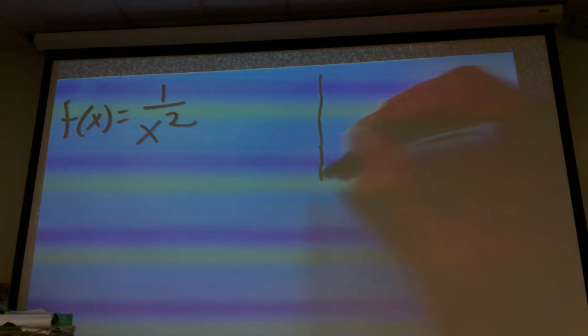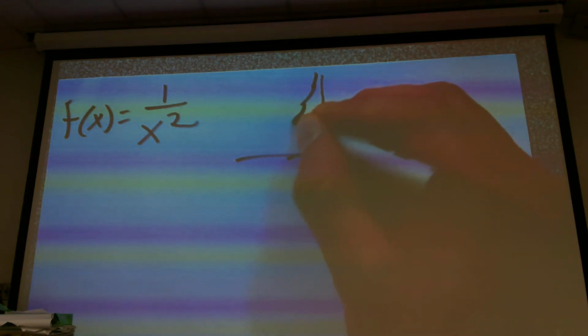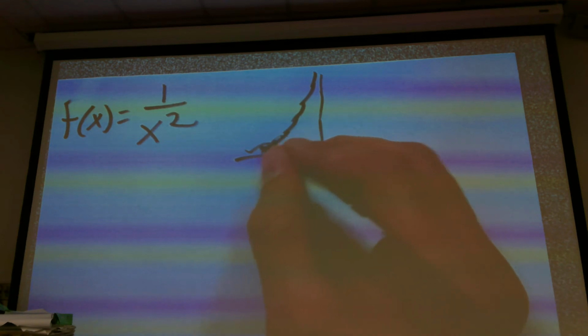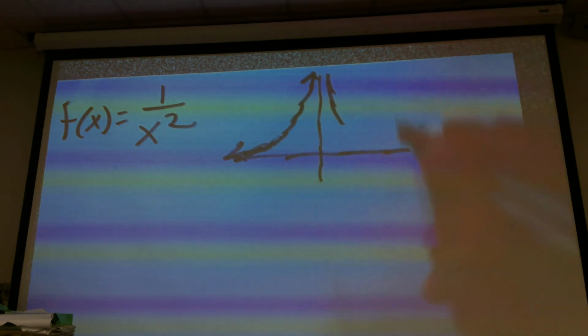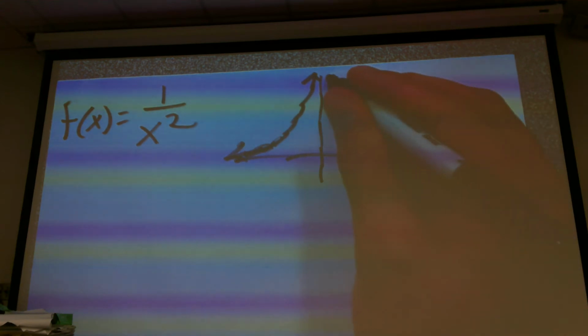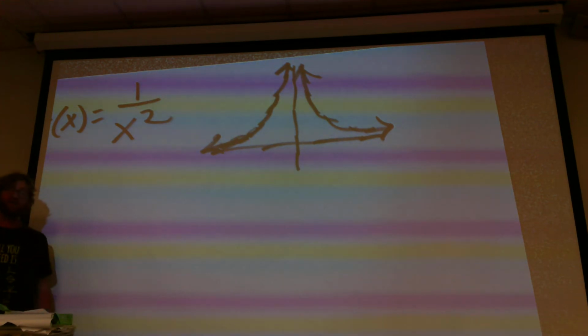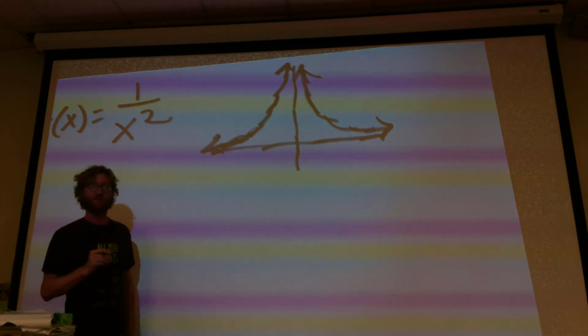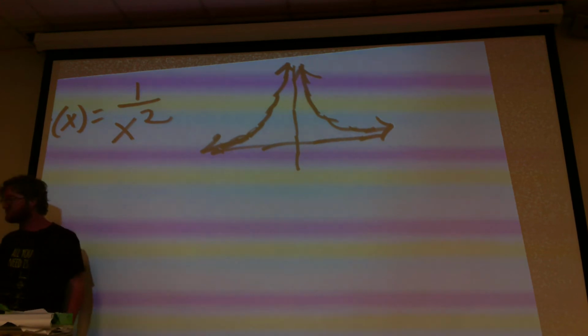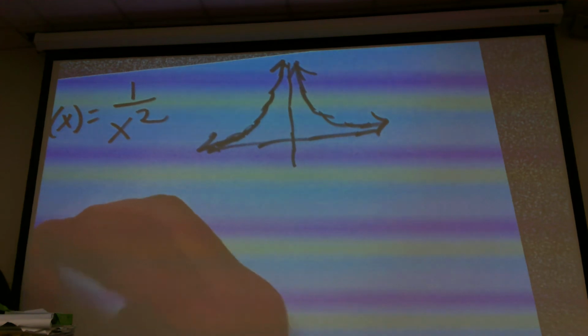So this guy would look like this. So if I'm approaching from the left or I'm approaching from the right, it's going to approach the same limit. So what we say in this case is that the limit